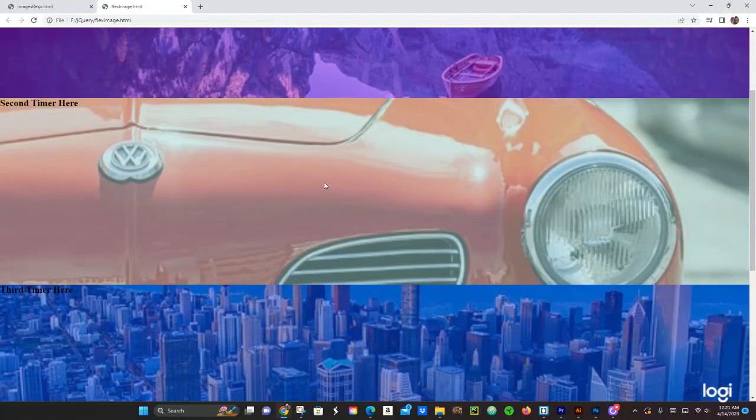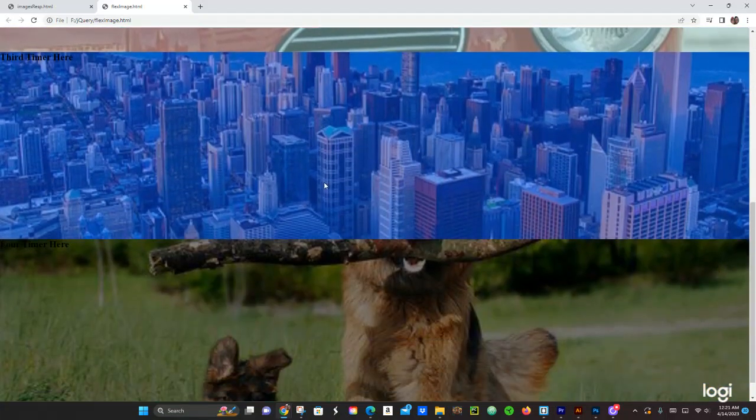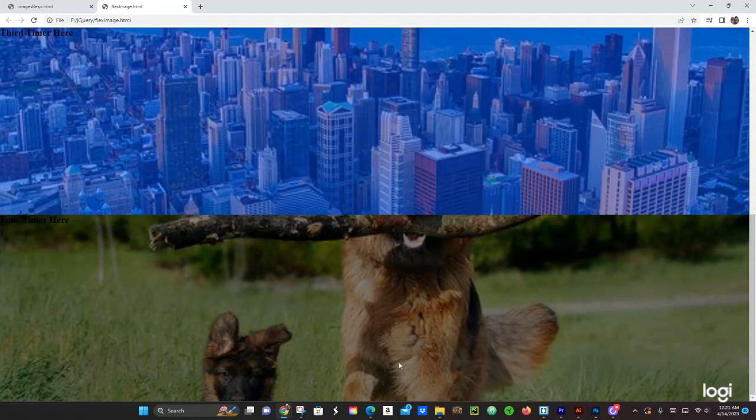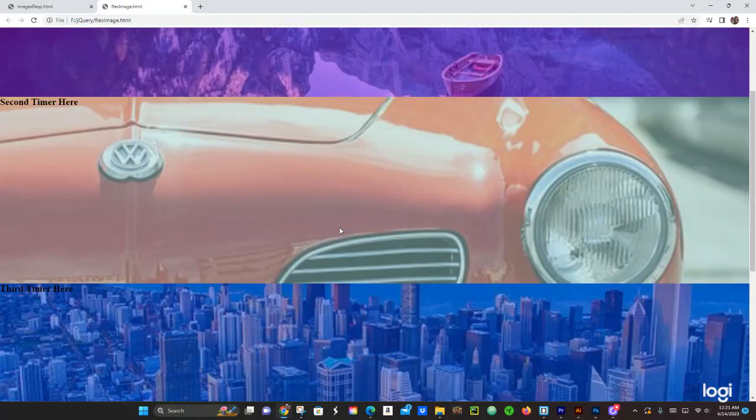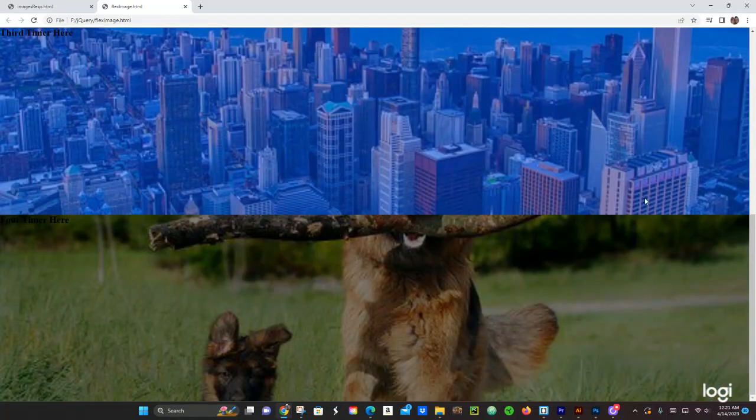Boom, that changed. Yeah, we got that car right there. That's the dogs. Okay, cool. That's working good. It's looking good so far. Okay, let's keep on working on this. So now